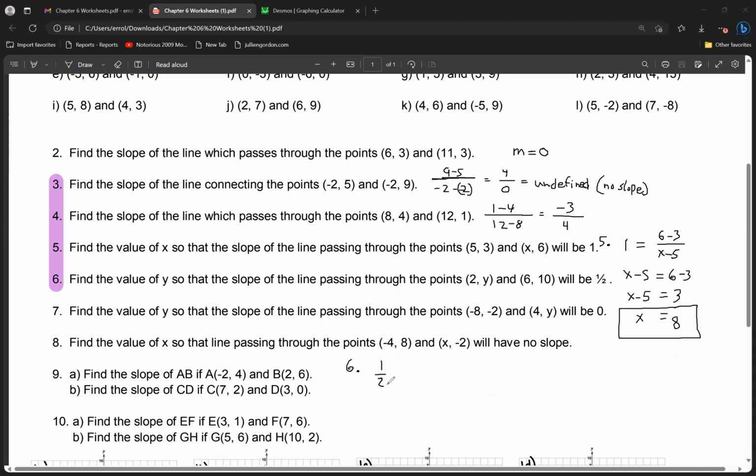Okay, so number 6, tell me what to write for number 6. 1/2 equals 10 minus y over 6 minus 2. Okay, simplify that. What should I write next? What's 6 minus 2? 4. 1/2 equals 10 minus y over 4, right? Now what? Cross multiply. Okay, tell me what to write. 2, and then in parentheses 10 minus y equals